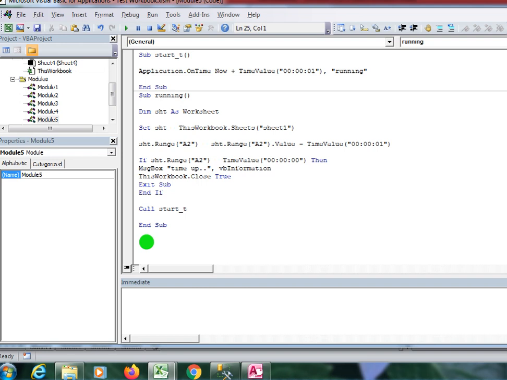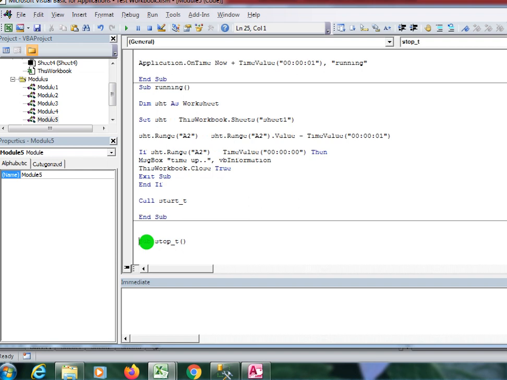So guys, once the timer has started, now I'm going to write another code to stop the timer in between, whenever the user wants. For this I'm going to write a subroutine called stop_t. Simply Application.OnTime Now plus the current time, adding 1 second to the current time.